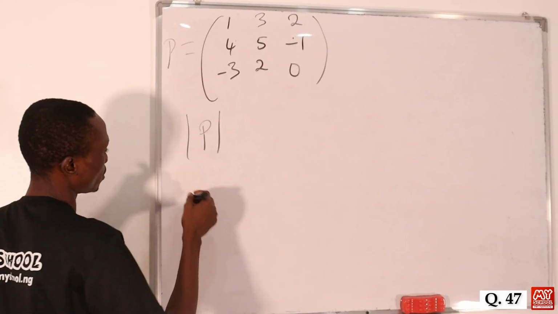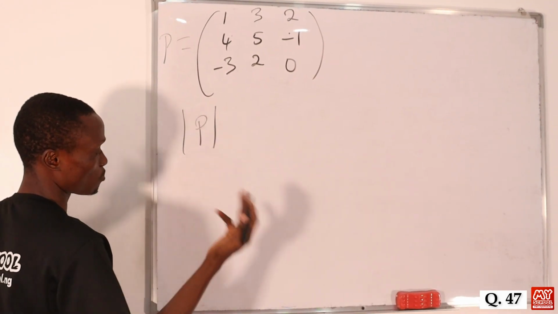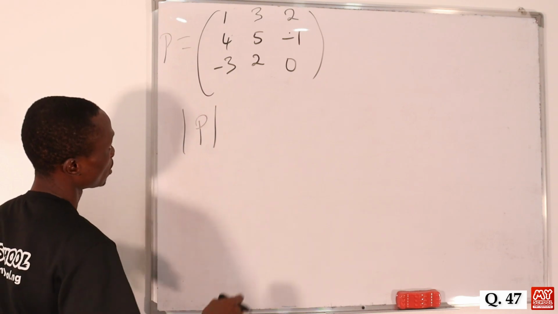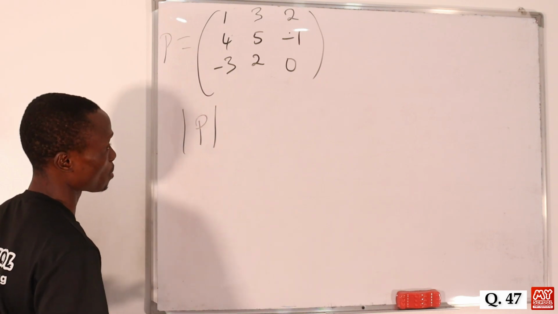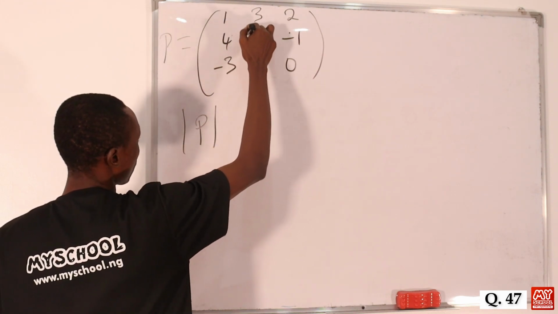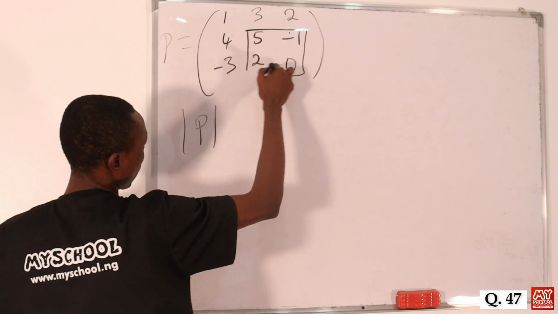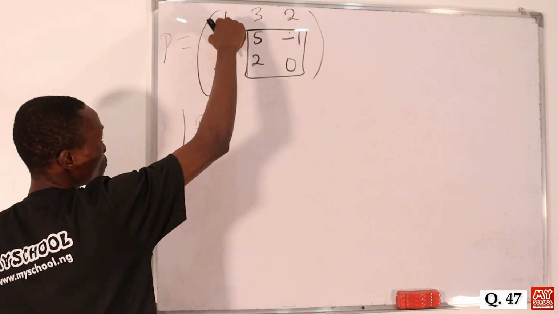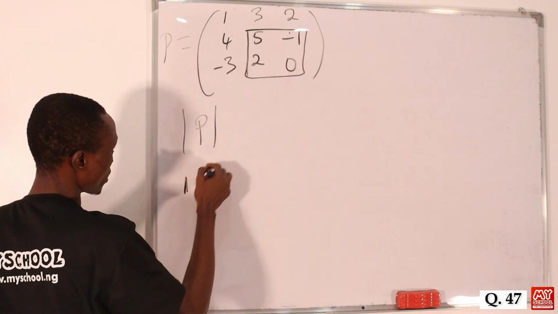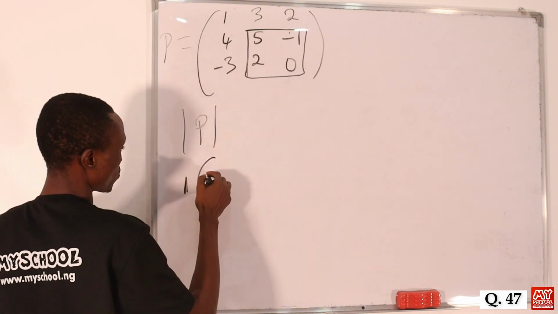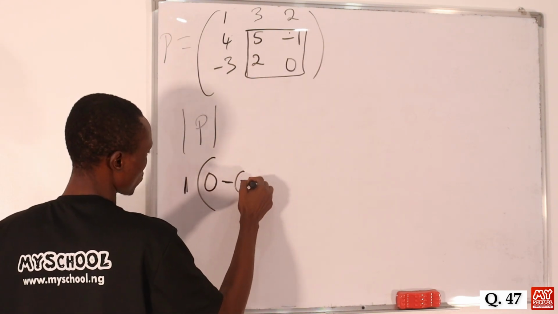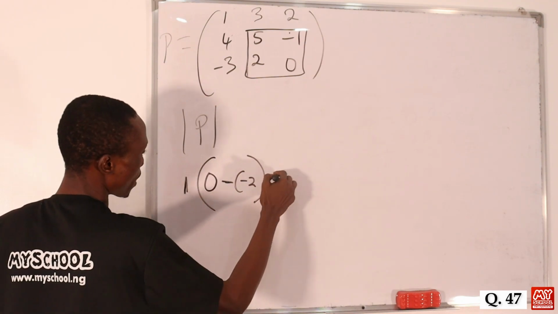So basically, to find the determinant of a given matrix, we have many methods that we can use. So let's use probably the most popular method. What we simply do is keep this 1, then we look for the determinant of these 4 values, since this 1 does not have any connection to these 4 values. So here we'll keep 1, then multiply these 2, that will give us 0, then minus, if we multiply these 2, that will give us minus 2, so we'll put it in bracket, then minus,